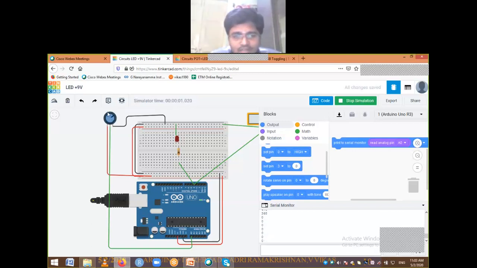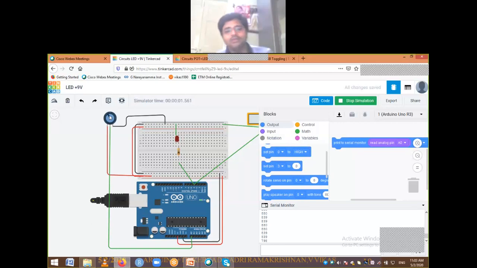When I am at the initial position, resistance 1 is 0 and resistance 2 equals whatever the potentiometer value we have. If I consider a 1 kilo ohm potentiometer, R2 will be equal to 1 kilo ohm. That's the reason we are getting 1023. But when I change this slightly, it decreases, because your R2 value will be decreasing. That is the reason you can see a decrement in these values.